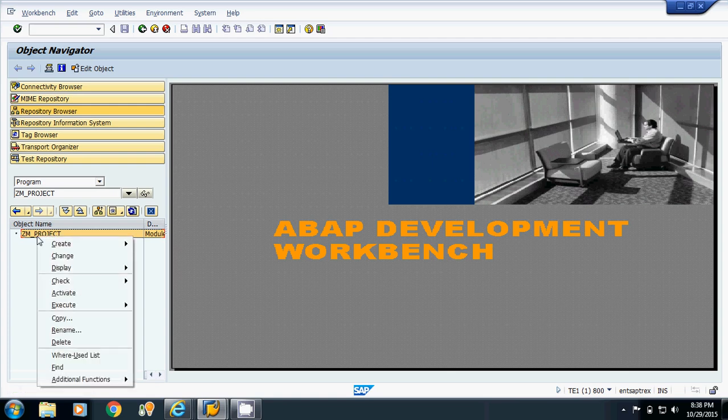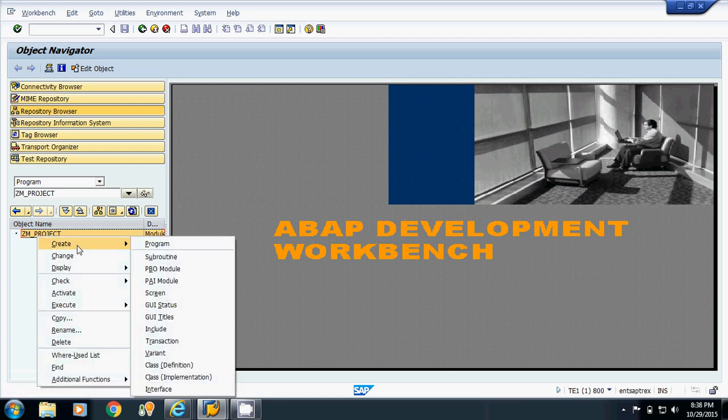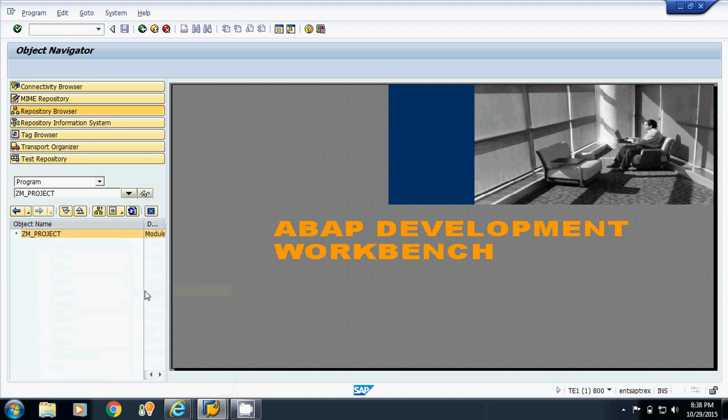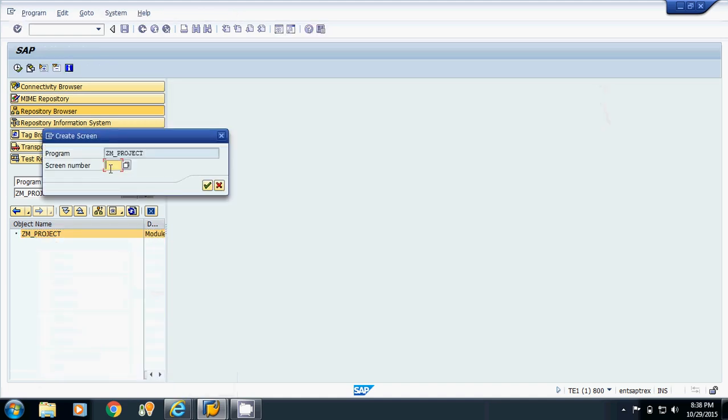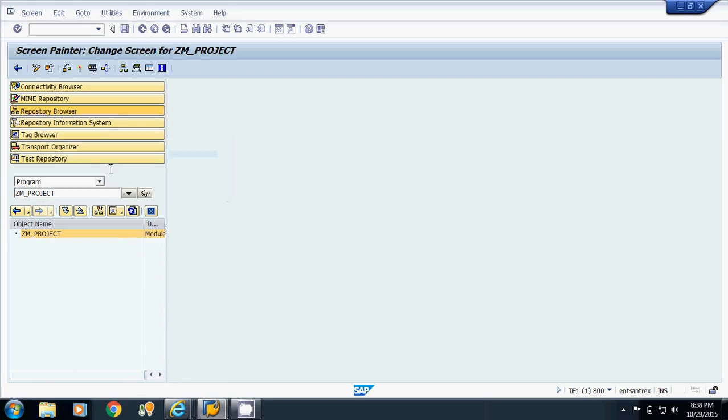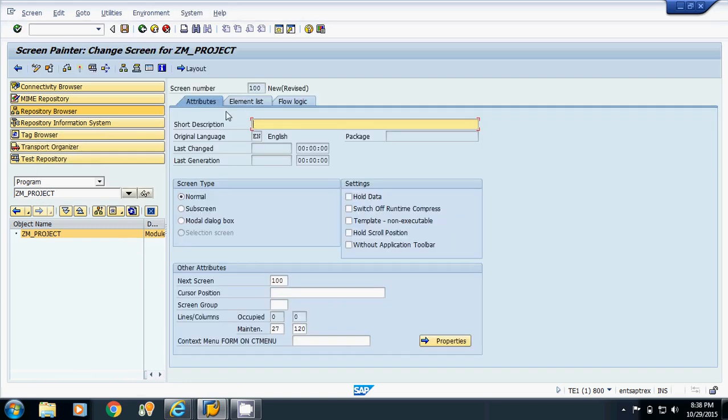Now I will right click on this and create a screen. Suppose my first screen number is 0100, and press enter. A screen always has three parts: attributes, element list, and flow logic.